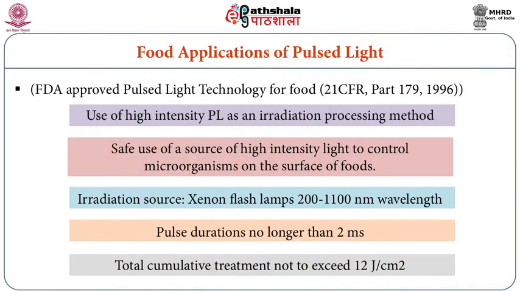So it is high intensity light for a short duration of time, and when you use this light, it kills only the superficial organisms, those on the surface of the food get inactivated, but not the organisms which are inside the tissues. So it is not the right method to kill the organisms which are present inside the food. And the energy which we apply in this case should not be more than 12 kilojoules per centimeter square. So you are not supposed to give a fluence dose of more than 12 kilojoules per centimeter square. That is the limitation.